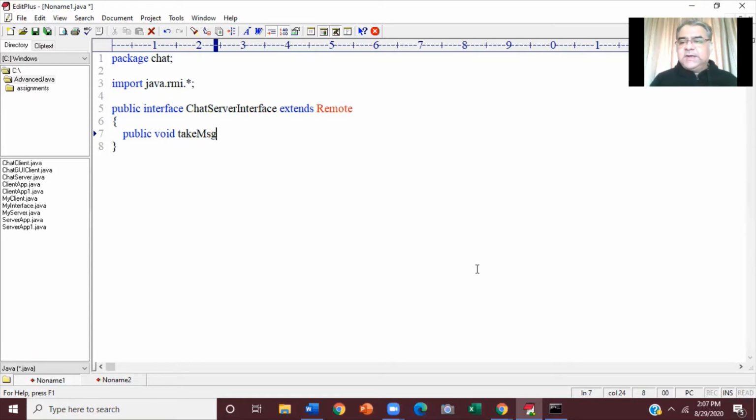In fact, all the clients who want their messages to be broadcasted are going to call this method on the server and pass their messages. As soon as the server receives it, he is supposed to broadcast it.